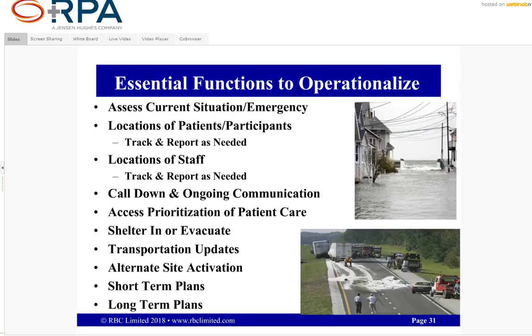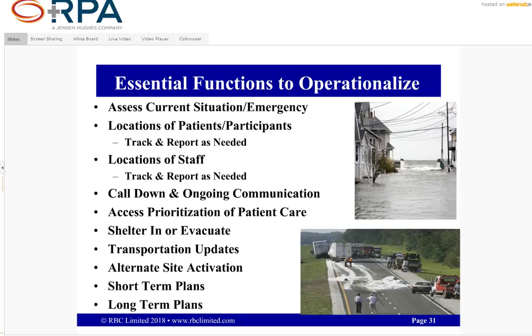How are you prioritizing patients and then communicating the managers and supervisors, calling out to staff and preparing them for evacuation or sheltering in? Your alternate site activation should be built into your plan. I guess when I look at emergency plans and work with agencies, often I see that they don't designate in writing their alternate site, and I would encourage all healthcare providers, but including our outpatient healthcare providers, that we at least consider having that alternate site in writing and updating staff ahead of time and not holding on that activation. So those agencies that have done that have been